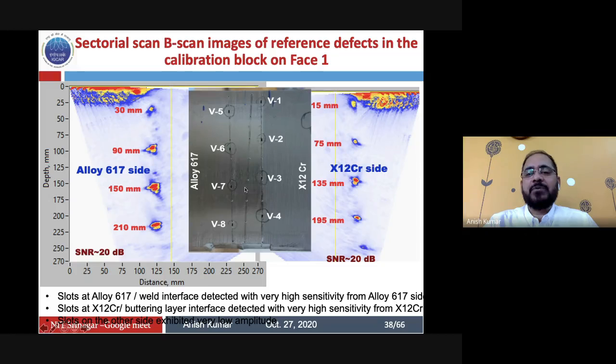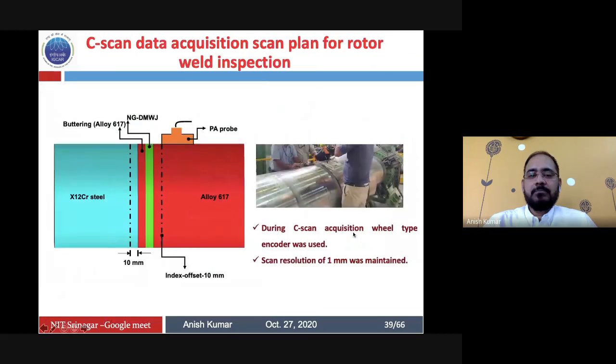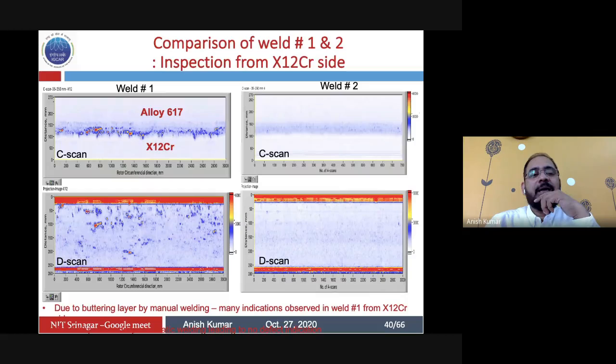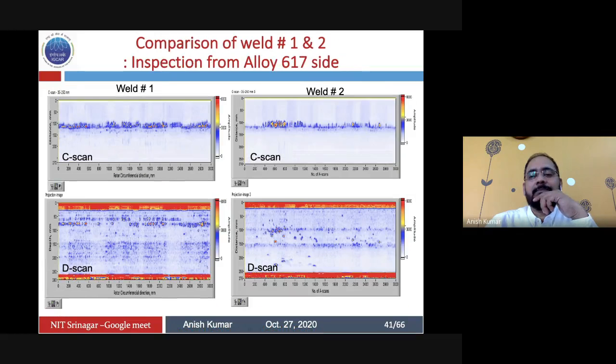And so this is for the reference sample. We had made different types of vertical defects, simulating different lack of sidewall fusion. And then you are picking up all the defects here. And then we had even implemented it on the real weld, and you can see that in the real weld, in some places, we had seen some indications. And these indications were like